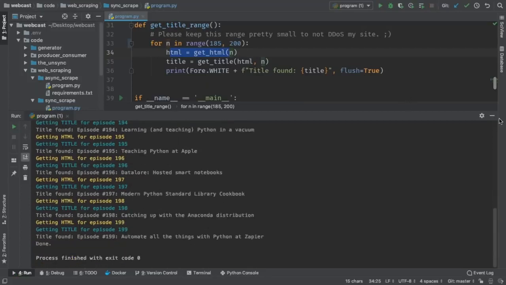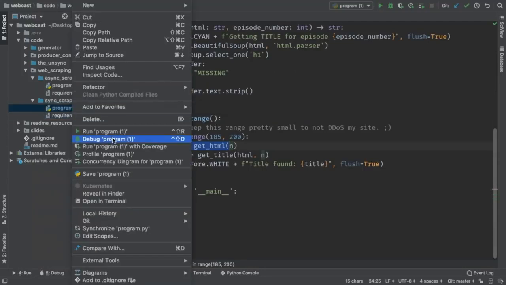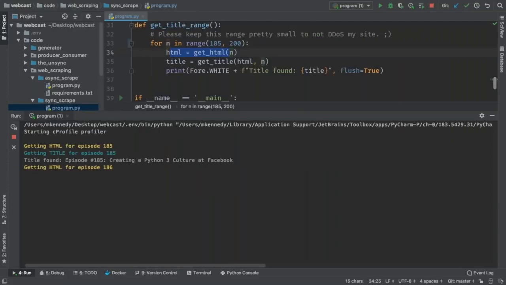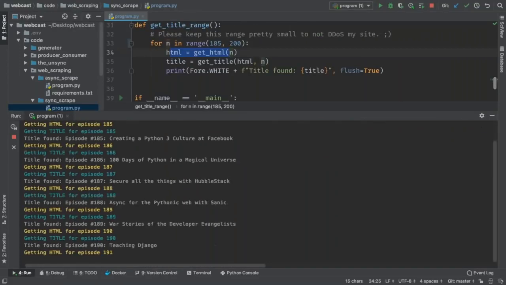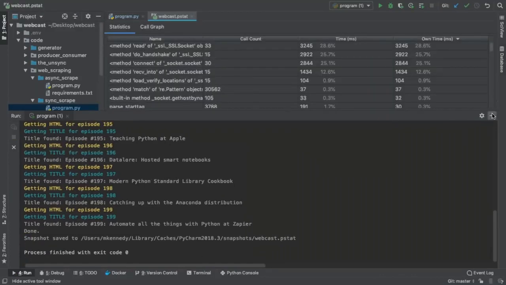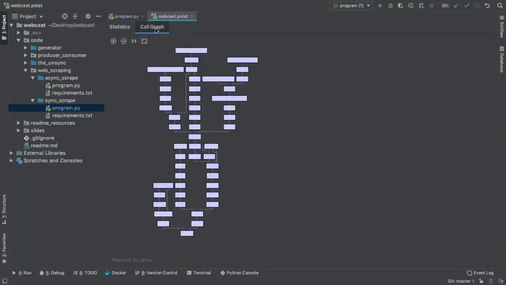Let's make this explicit. Watch this. Let's profile this program. Let's put some numbers behind this. How much of the time are we waiting? It's a lot. We have to wait to even find out how much we're waiting. All right, here we go. So let's go over here with the call graph. Zoom that bad boy in.